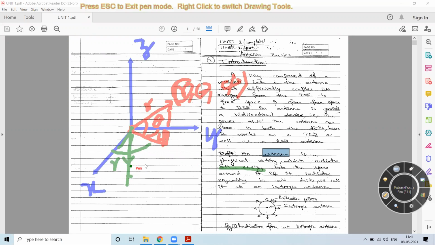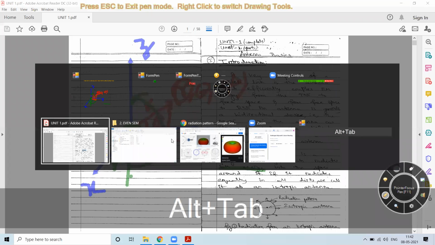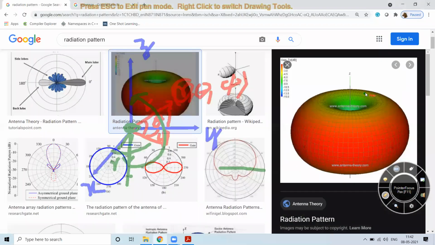So what happens is when you try to measure those values, you will be getting different values for the electromagnetic energy that you are considering for this antenna, which is at this point. So now when you measure this and combine those values, you can get a radiation pattern which can be of any form. This is one example that they have displayed here.